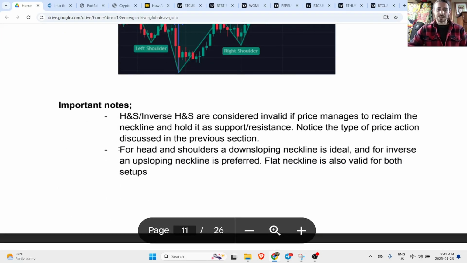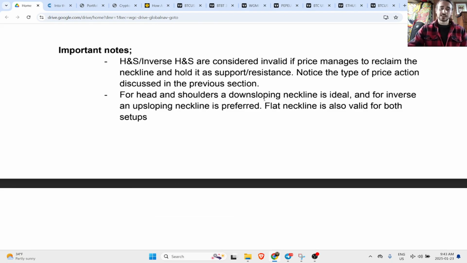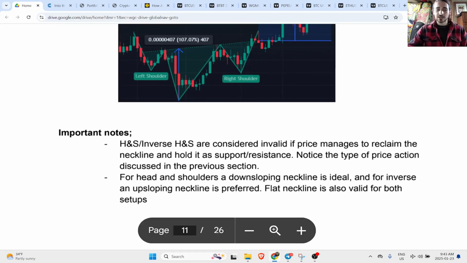Also to note, as I mentioned, with the head and shoulders, you want a down sloping neckline, and with the inverse head and shoulders, you want an up sloping neckline. A flat neckline can also be considered valid for both. Some people do consider the alternatives valid as well, but ideally the higher low structure that you see in an